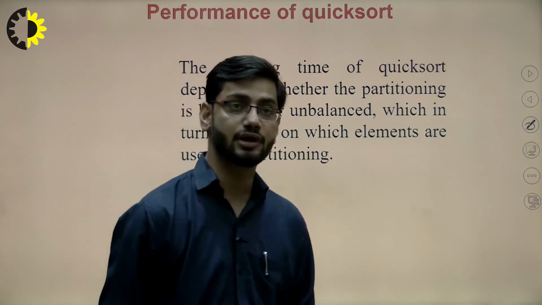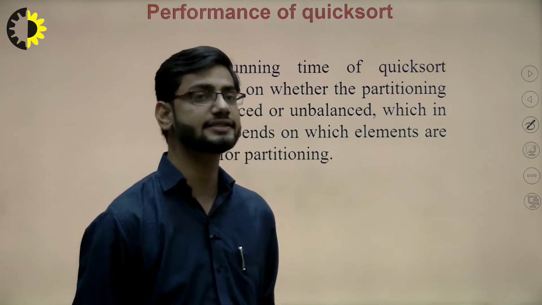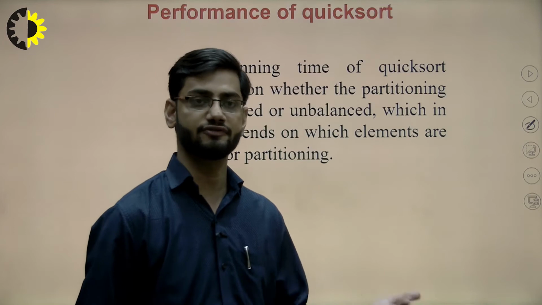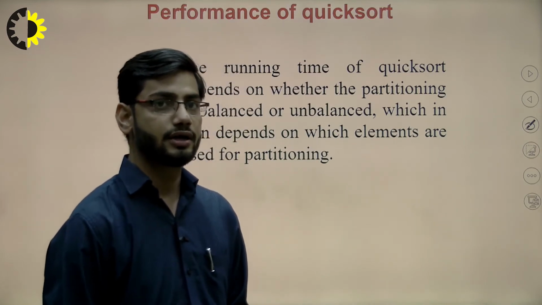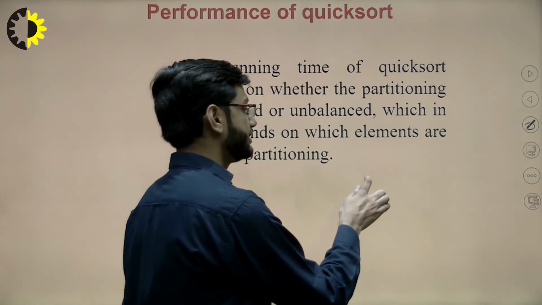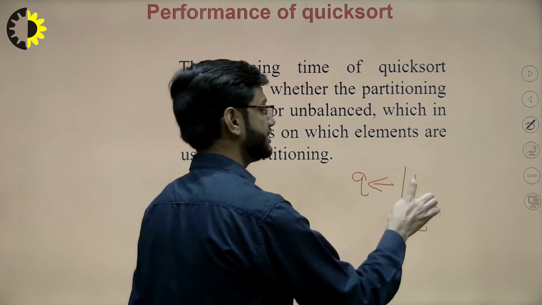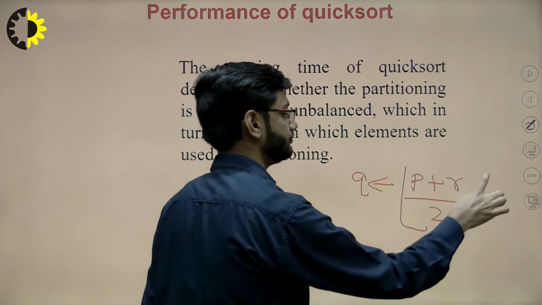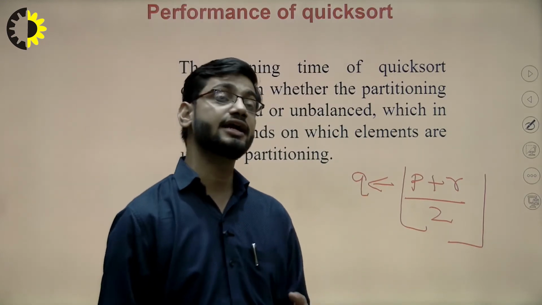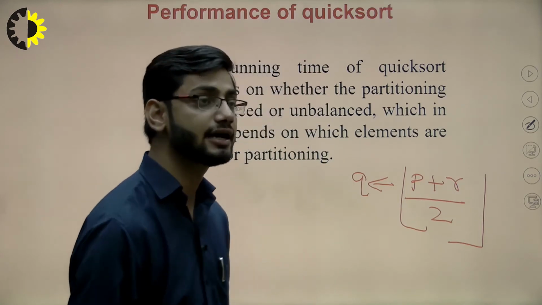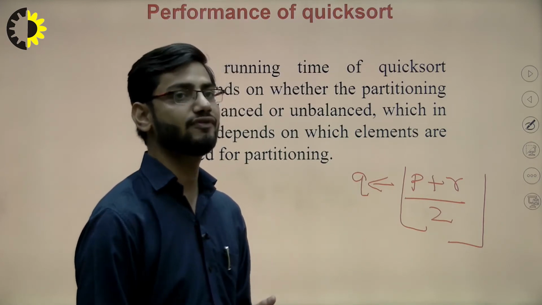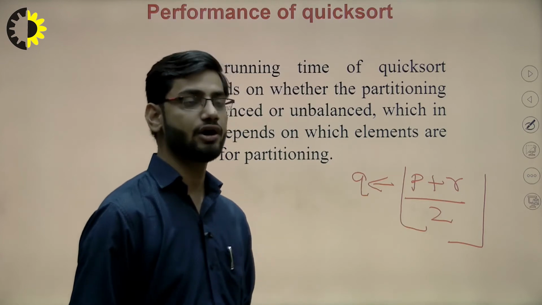Performance: when we are doing the analysis of quicksort, the analysis of quicksort can be studied in comparison to the analysis of merge sort. In merge sort, we are dividing the array into two halves, and the partition takes place by this formula. We are taking the average of the starting and ending index, and in merge sort we always get equal sized sub arrays. The two sub arrays, left and right, are of equal size, but in quick sort it may or may not be possible.